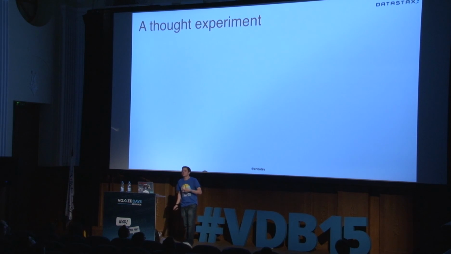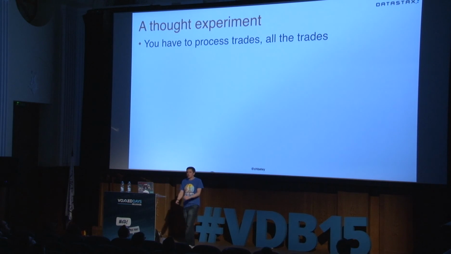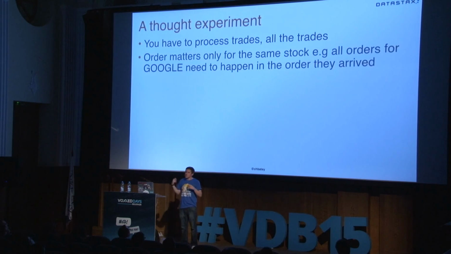And there's another interesting thought experiment I've got for you. When I first moved to London, I went and worked for banks, and I got given this interview question. So you didn't think you were going to get interviewed in this. You've got to solve this problem. You have to process all the trades off a queue. You have to process them really quickly, and you've got a 64-core machine, so you have to use all of the cores. So there's going to be some threads involved in this. The order doesn't matter unless they're for the same stock. So say Google. You can't reorder them, and you can't concurrently process things for the same stock. Make it so. How would we do it in Java with just, say, Java util concurrent?